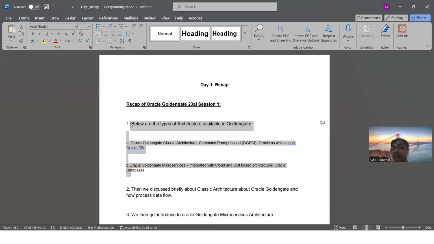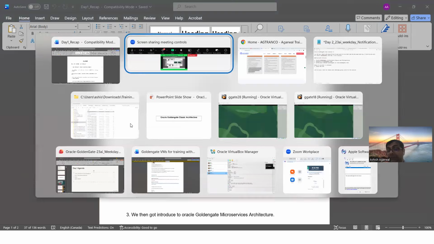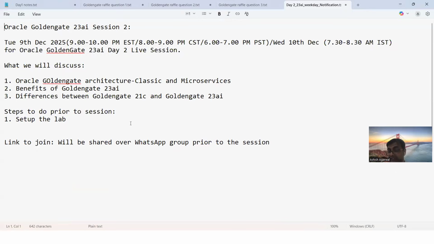And then, in the next session, I'll introduce you to one AI tool, which is how to create your own songs. I'll introduce you to that as well. I'll discuss the various tools as the session goes on. So in the next session, we'll be discussing how to create your own songs, how you can ask AI to generate songs. We'll also be having a raffle question in the next session.